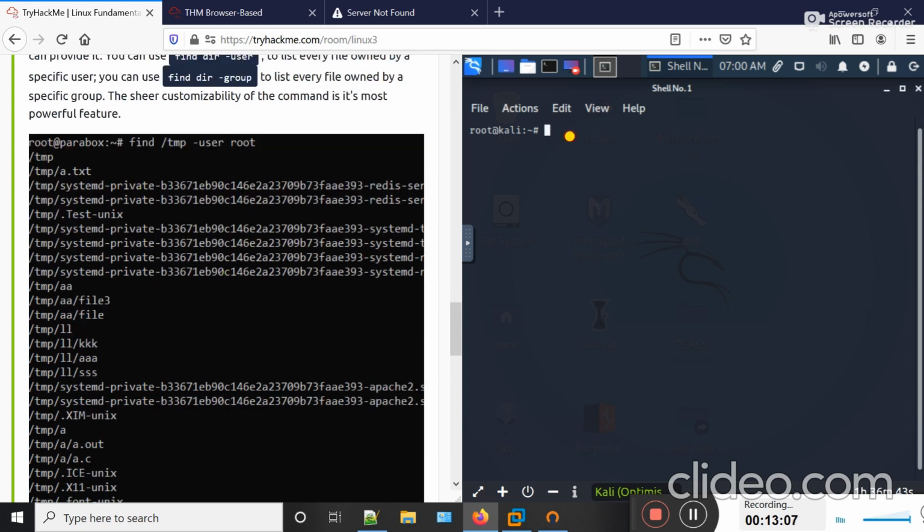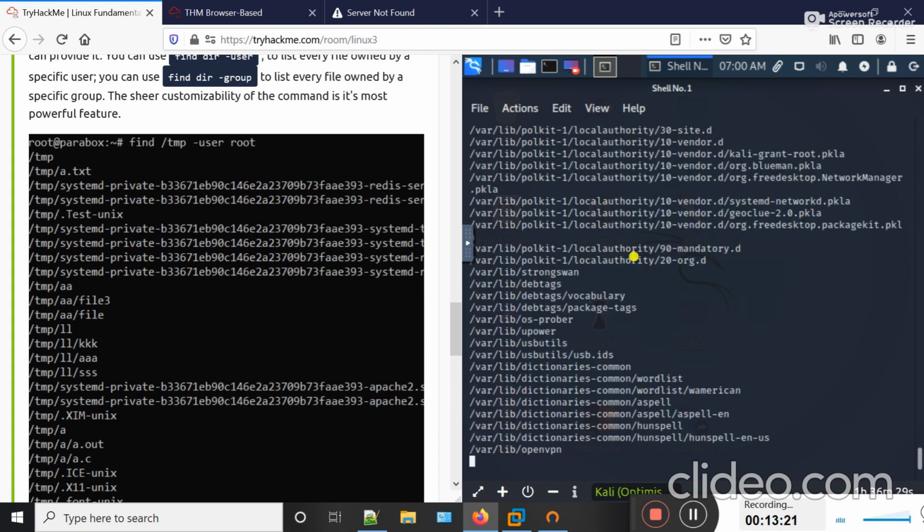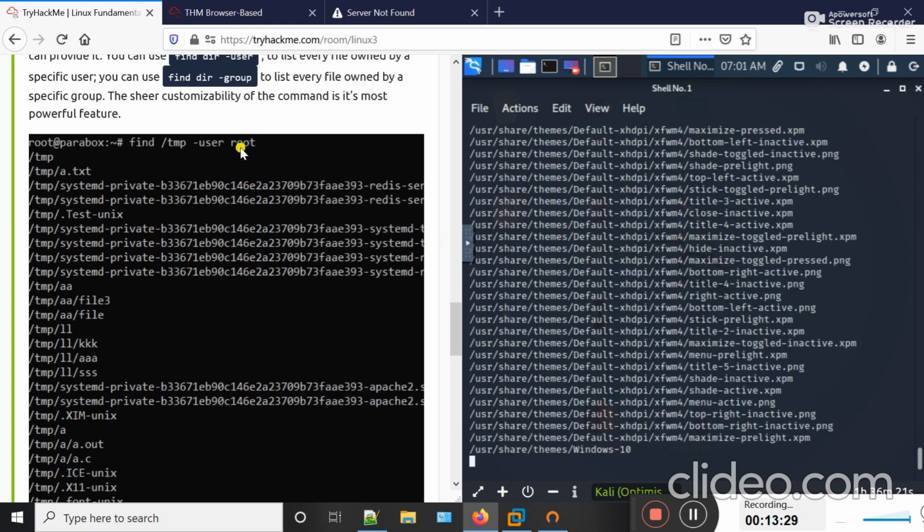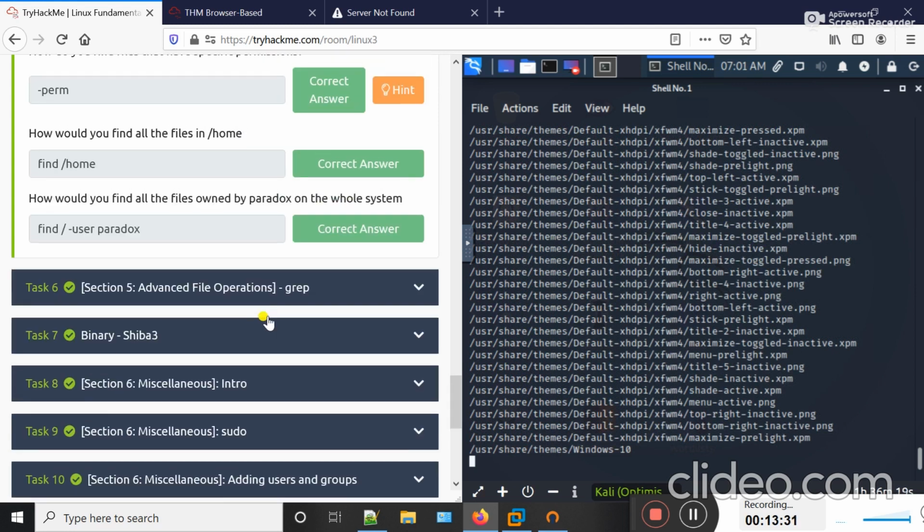Okay, if I type here find, then slash, and then -user root, it will display all the content that is owned by the root user. You can see that this command shows all the content that is owned by the root user.